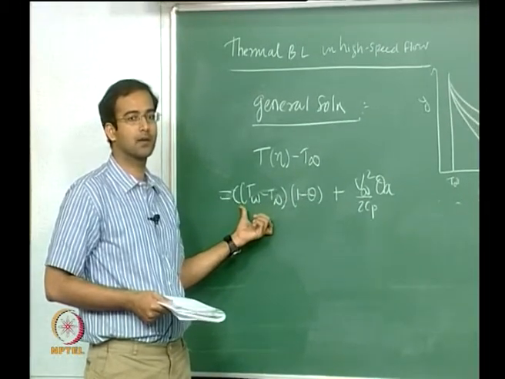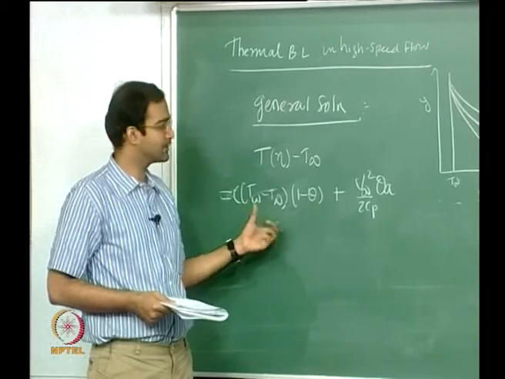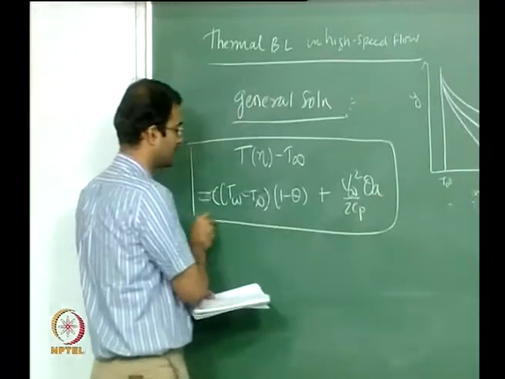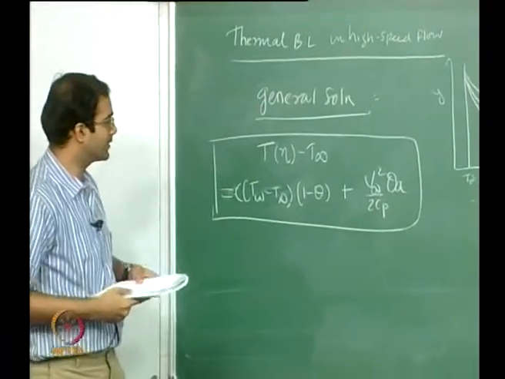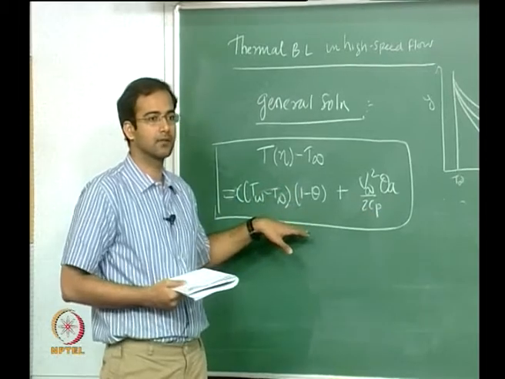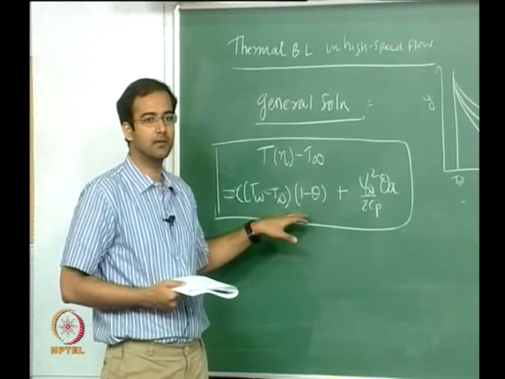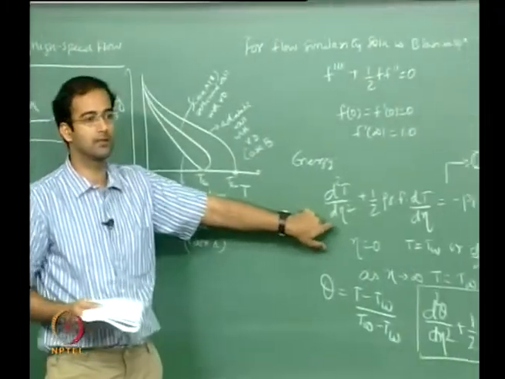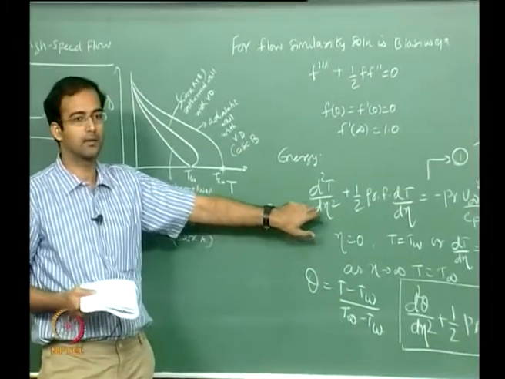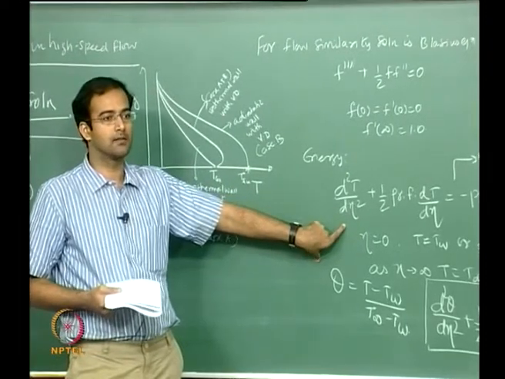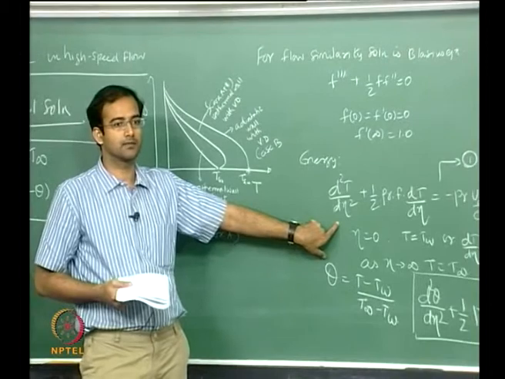Okay, it can be less than 1, it can be greater than 1. So this is your final form of the general solution. So what you are saying is your general solution is a linear combination of these two solutions. And how do you know that this is the correct one? You can simply substitute this back into equation number 1, and you will check that it satisfies that equation. That means this is the right combination.